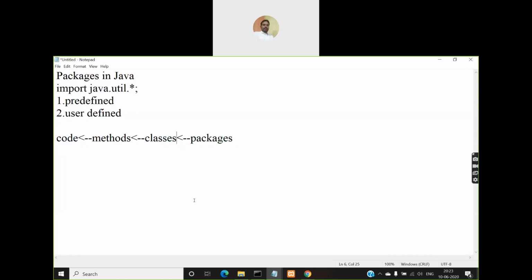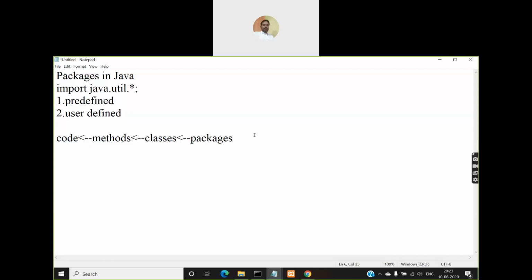So at the top of the hierarchy, you have packages. Packages contain classes. Classes contain methods, and methods contain code. So you know about code being put inside methods and methods put inside classes till now. But classes in turn will be put inside something called packages.